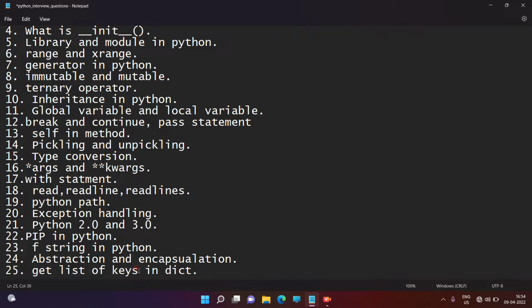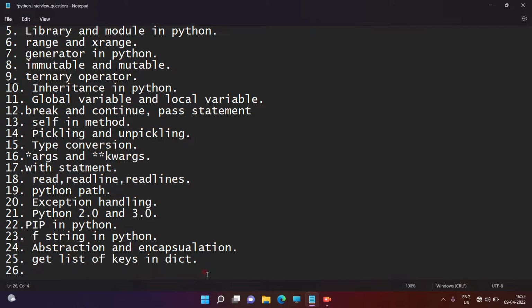So in the dict class, there is one method which is the keys method. By using the keys method, we can get the list of all keys in our dictionary, right guys?